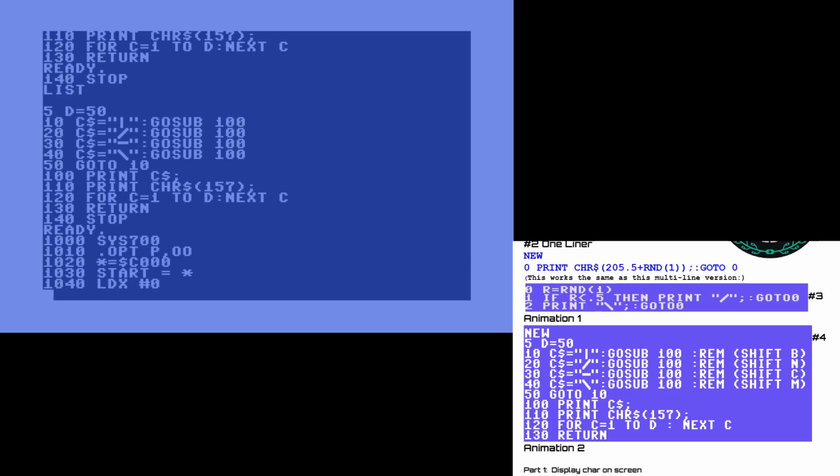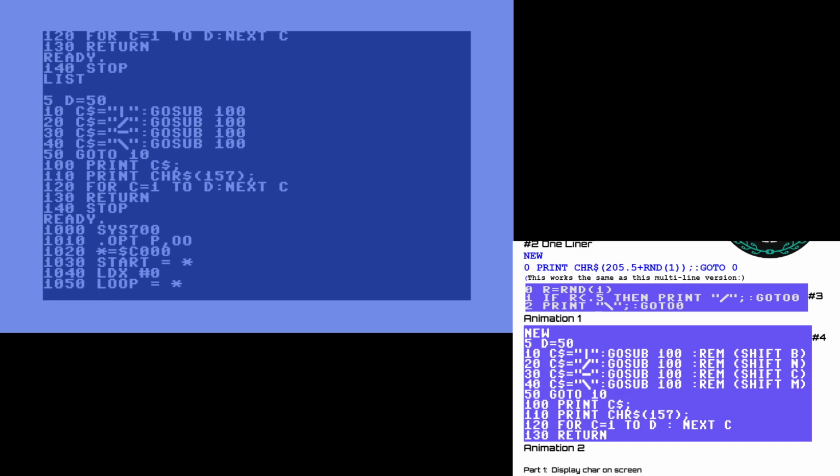There will be a possibility that I'll have to reset X to 0. So the start label will take the code when I go there to reset the X value to 0. And then here I'm going to do my looping. I'm going to set a loop label equal to the program counter at this point. And then this next block of code is what I'll loop through until I need to reset X to 0